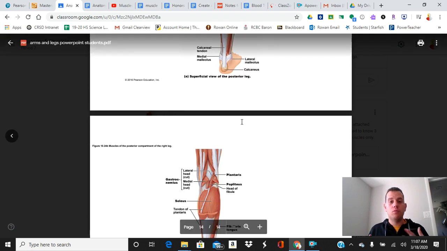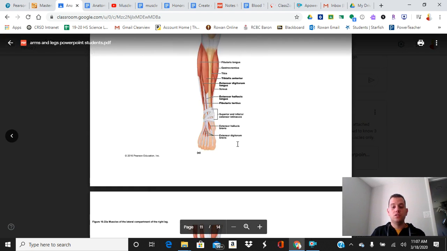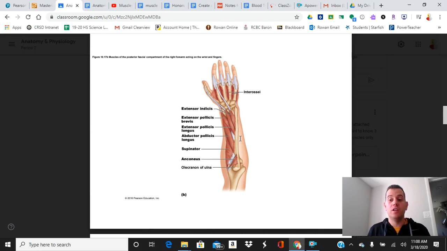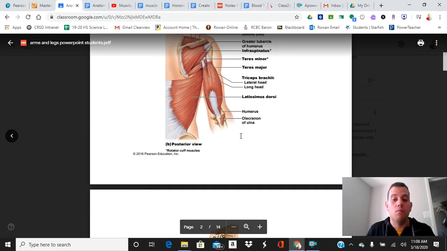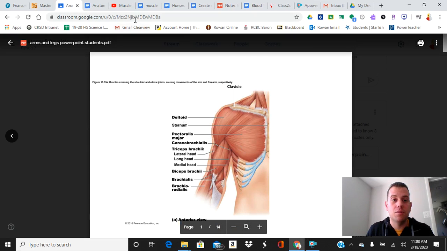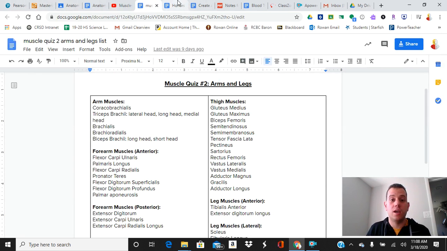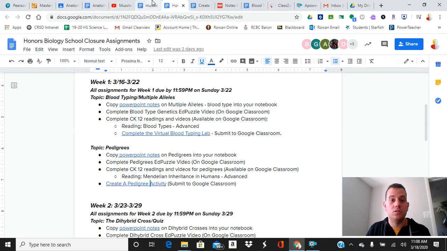All right, so a brief overview of the muscles that you need to know of the arms and the legs. Definitely go through and watch all of the videos that are in the Mastering A&P. I purposely included all the A&P flicks. Please watch those. It'll get you a better idea of what these muscles do, where they're located, and more ways to remember them. Same thing with these videos here. There's some good helpful tips in there for how to remember the muscles. So all in all, if you watch all of the videos, you watch this, you study, you do the Mastering A&P, you should be in good shape for that quiz, which you want to take